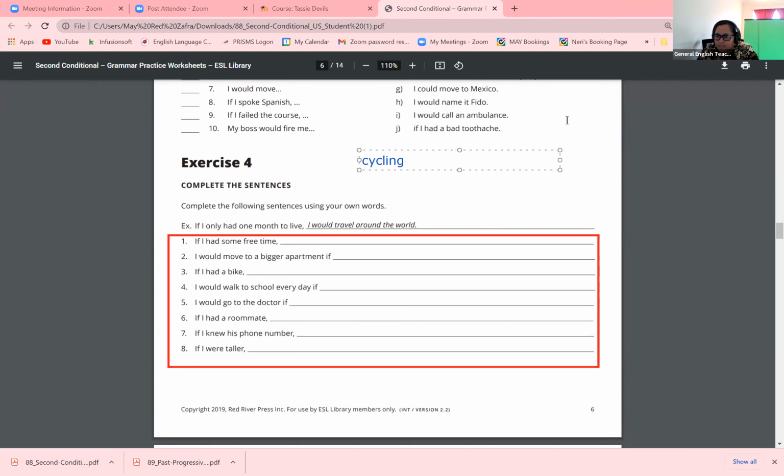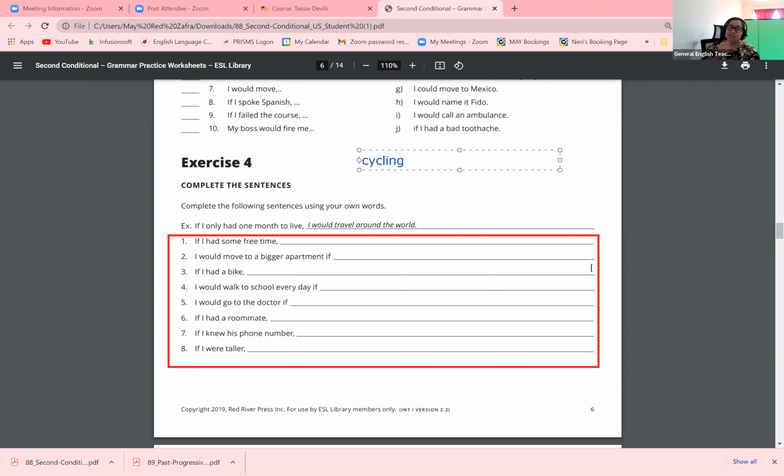Okay, what is that with Miss? Yeah. If I knew his phone number, I would invite him to have dinner. Yes, okay. I would go to the doctor if I had a problem with my health. Good. If I knew his phone number, I would share the message to him. Good. I would walk to school every day if I lived